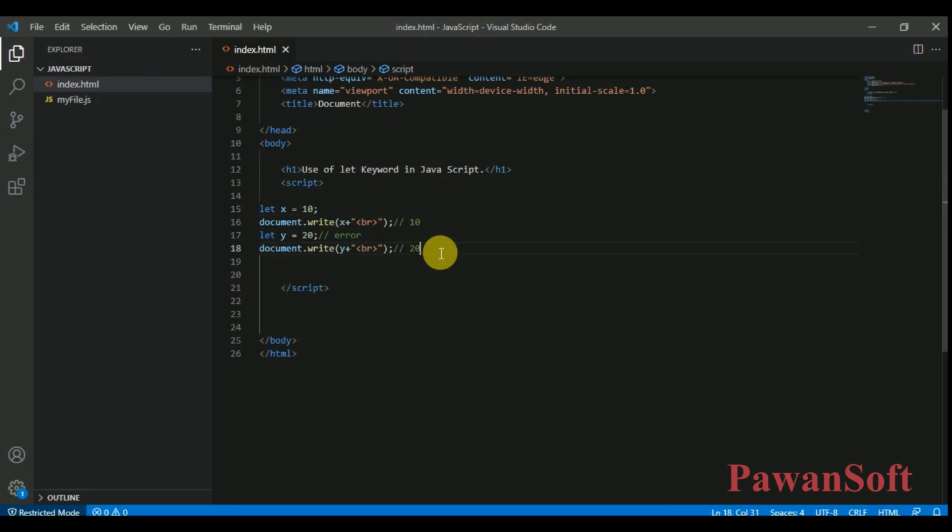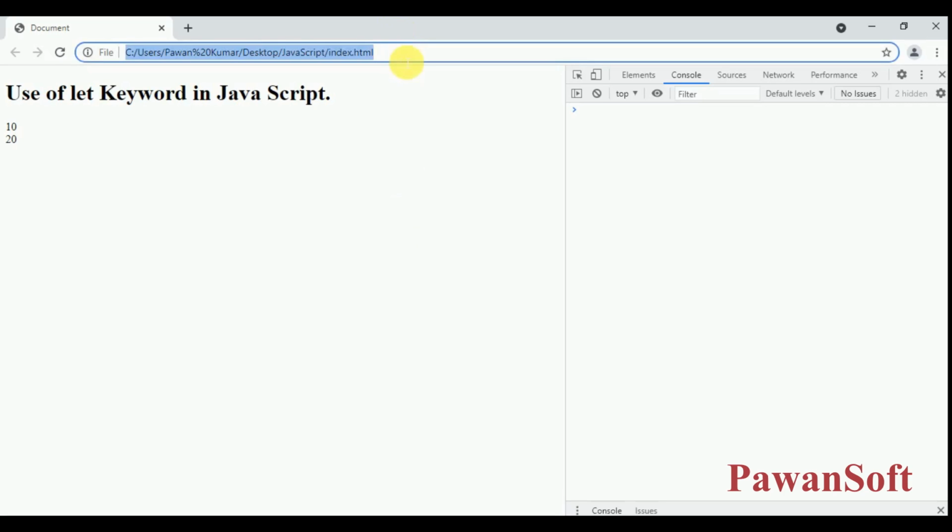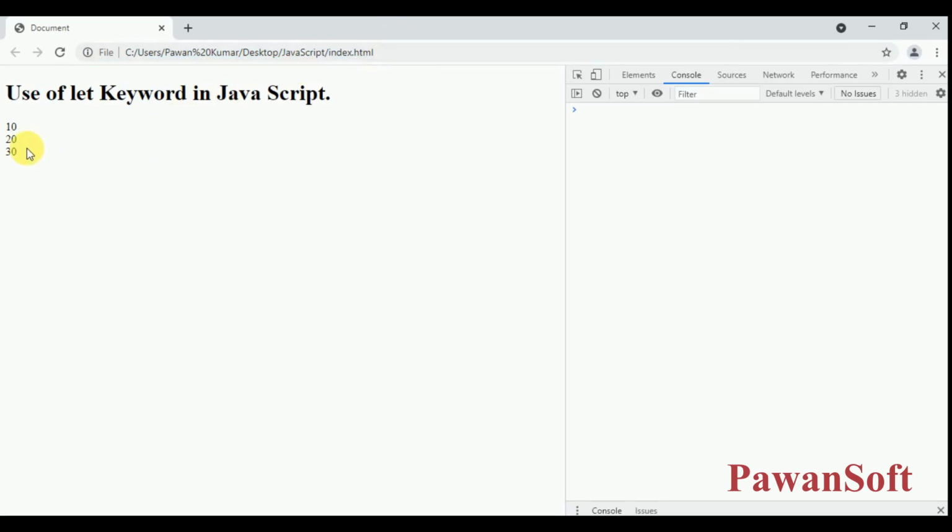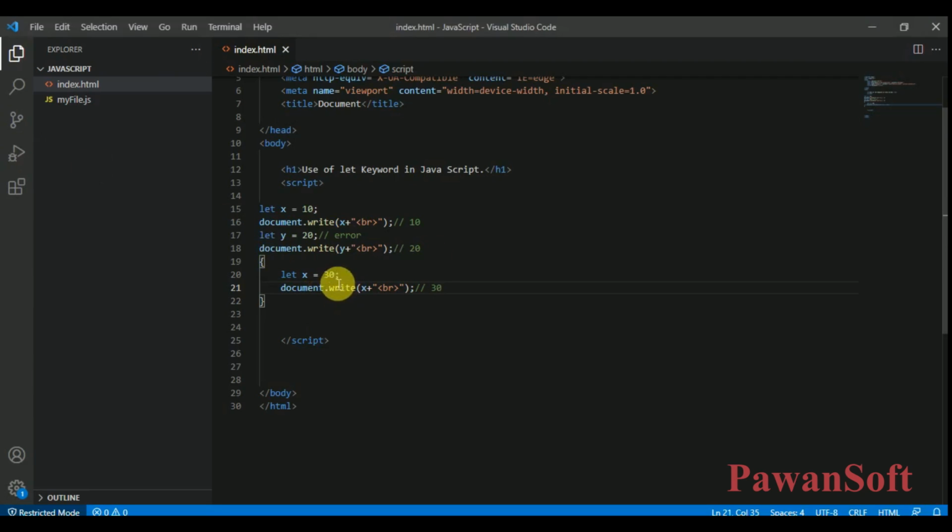Okay, but here we declare let x = 30 and we print it, and we will get the result 30. Let's see 30. But again when we declare the variable x = 40 here, in this line also you will get a syntax error because this variable has local scope, right?